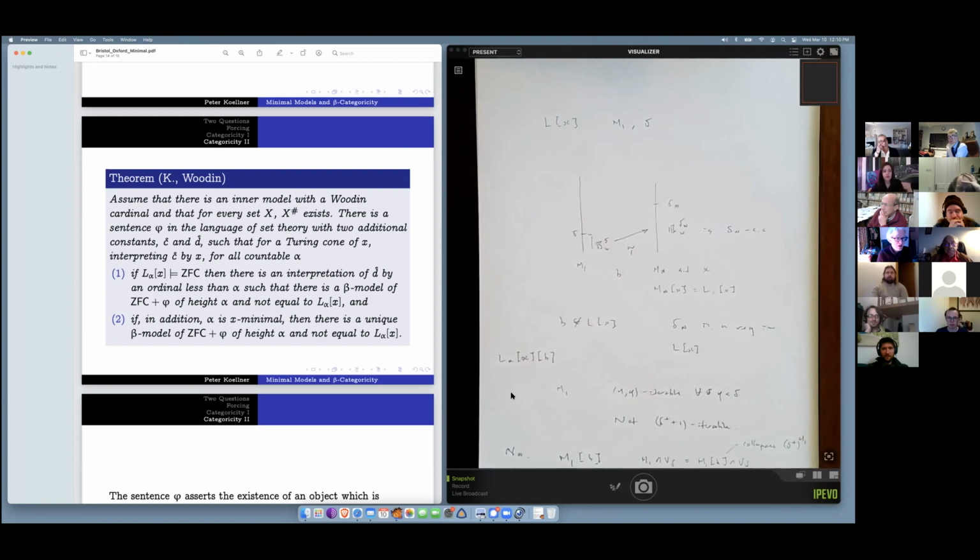But so are you getting the beta-categorical theory, or no? Because there are a lot of different generics, but inside any one of them, there's only one generic filter for that forcing. No, this was different. This was saying there's just one generic. Just one? Oh, I misunderstood. I see. Yeah.